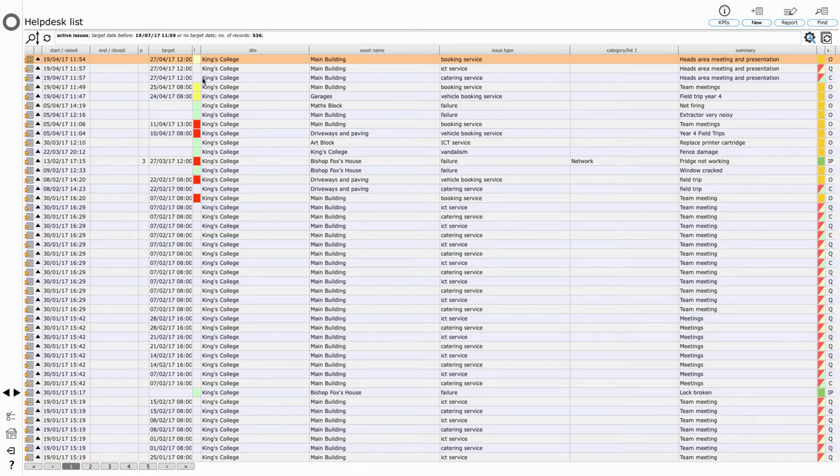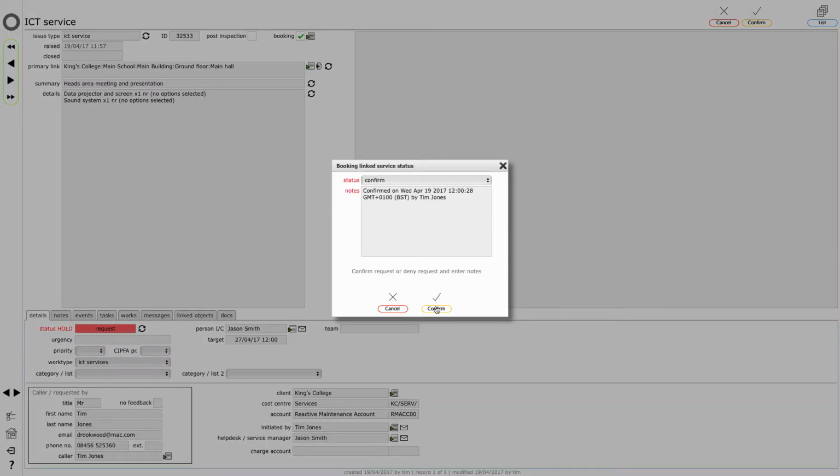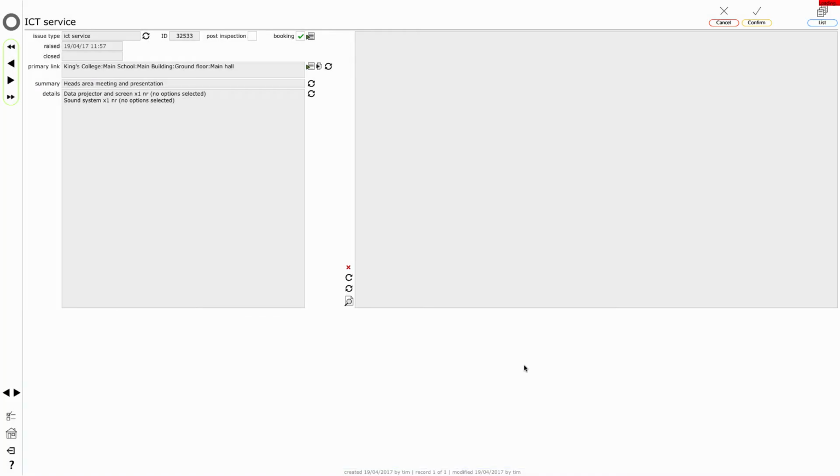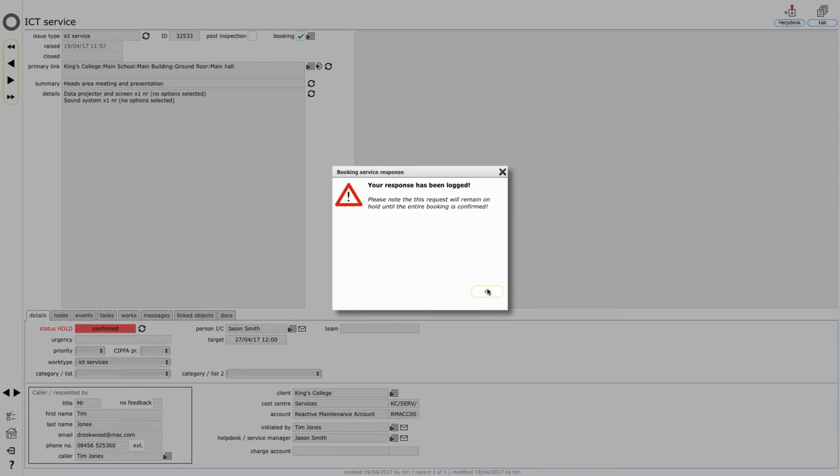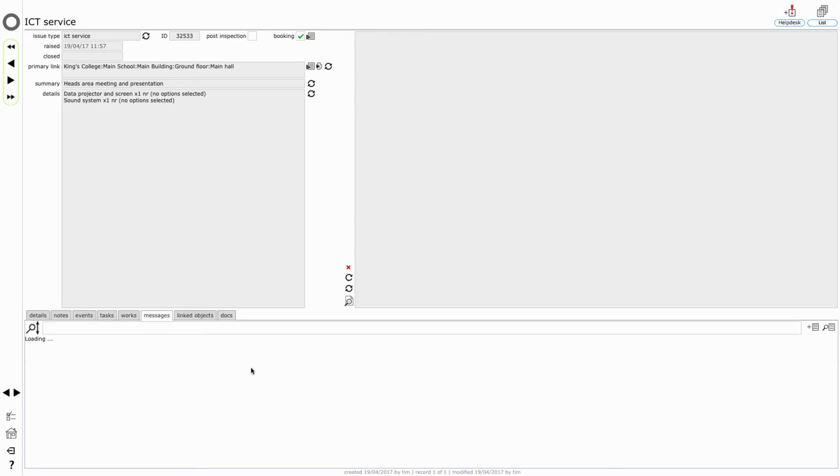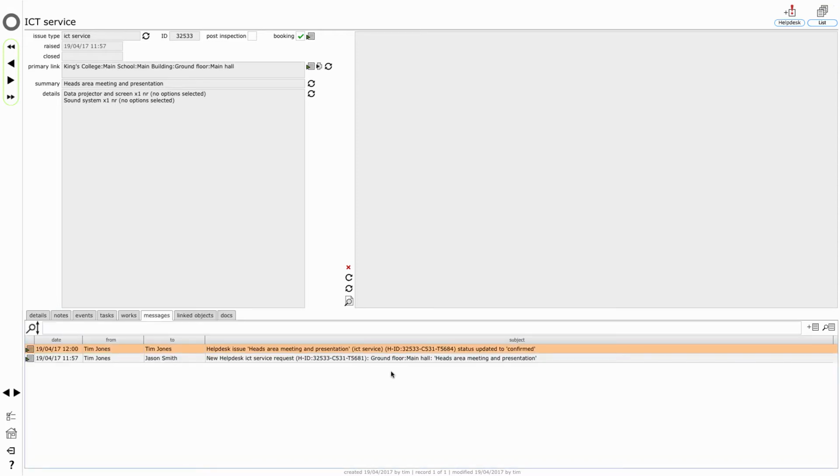Again, I'll go back to my list here and look at the ICT service, and let's assume I'm logged in now as Jason Smith, and I'm saying, yep, that's fine, we can set you up with a data projector on that date. So I'll hit confirm on that just to let you know. And of course, the messaging all happens automatically in the background. So the person who made the booking request and the person who's in charge of the booking is getting messages backwards and forwards confirming that these services are now available to the booking,